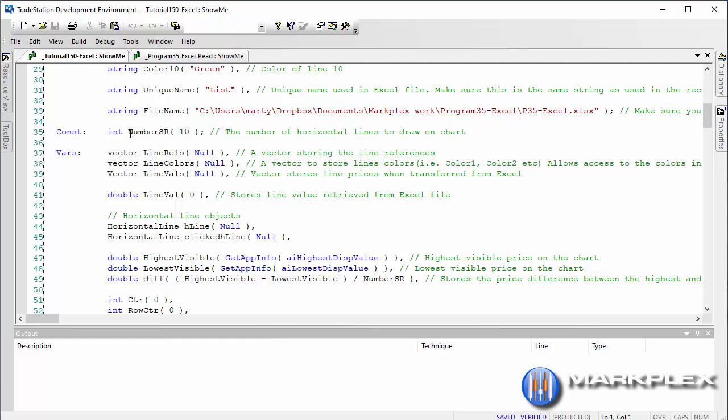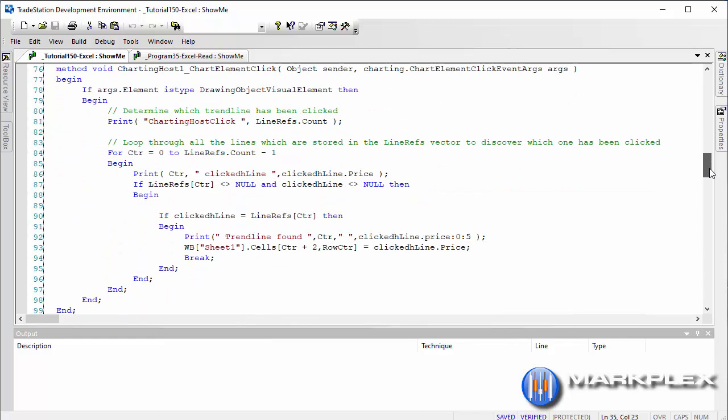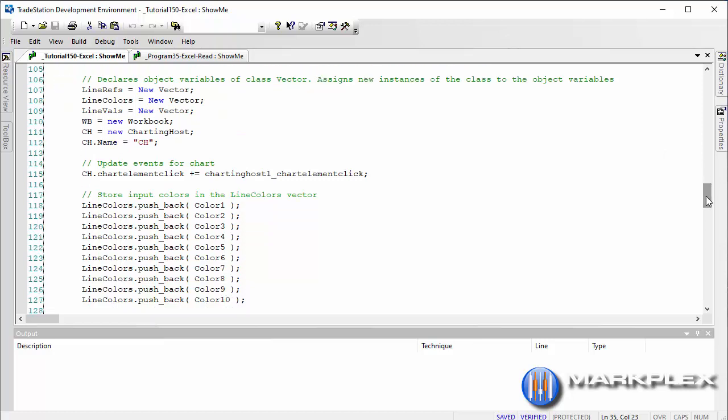Suffice to say, I already mentioned that we are restricting ourselves to 10 horizontal lines, and let's just skip the methods to start with, and we've got most of the program in a one statement which sets everything up. So this is where we create our vectors, our workbook, and our charting host. And we also have an update event for the charting host, a click event. And you may not be familiar with the